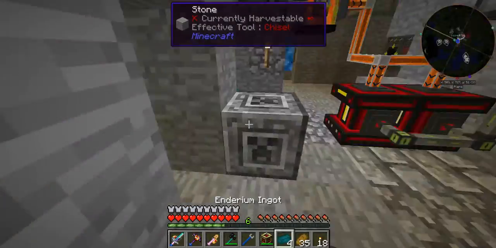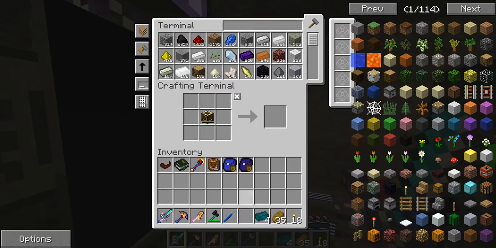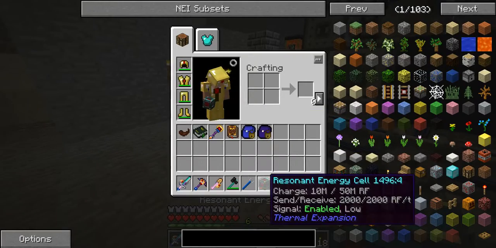You know, I'm actually going to keep him in case I need him for later. And I believe all these in thermal expansion, this is the best way you can store power. So that redstone energy cell only fills up a tiny little bit. This guy, instead, can store 10 million, can store...